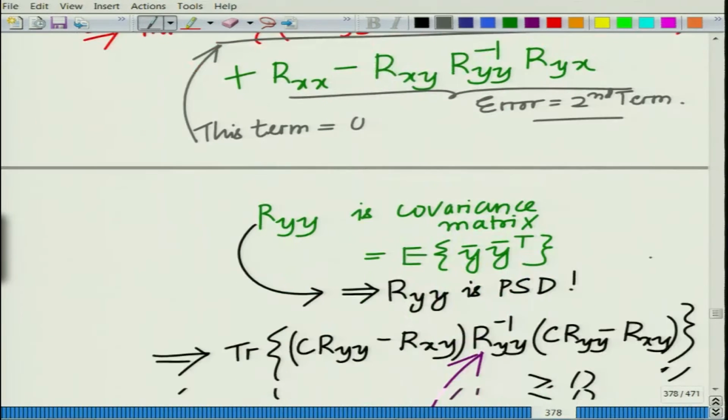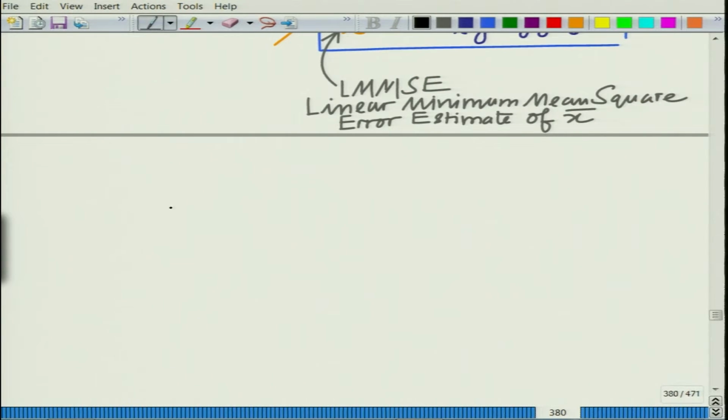All right. So, therefore, the minimum error is very easy to deduce: the minimum MSE becomes trace of